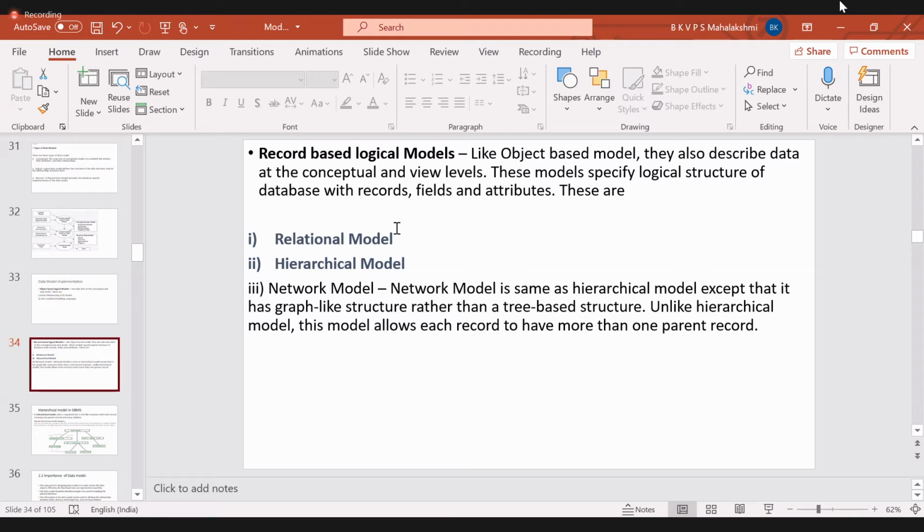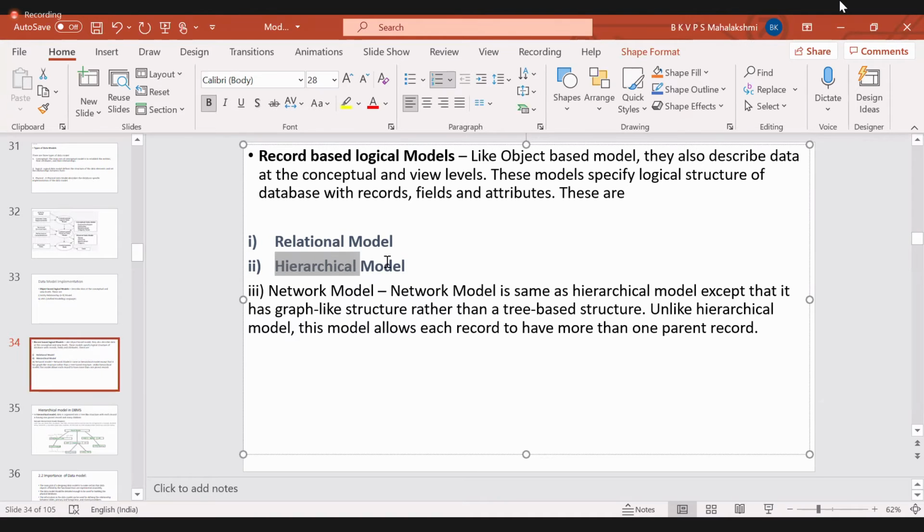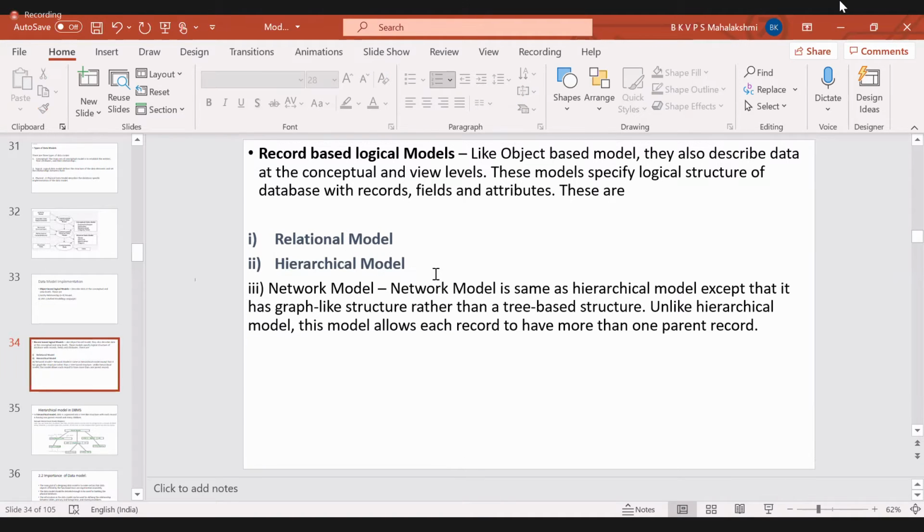And this is what the relational model is: it has records, fields and attributes, and in between the attributes there will be some relation, that's it. And the hierarchical model, network model. This hierarchical model I'll tell you, because it follows some other architecture compared with the network model. Actually, how would you draw a network model? Network. Actually, it is a tree-based, graph-based structure. So, what it has is,